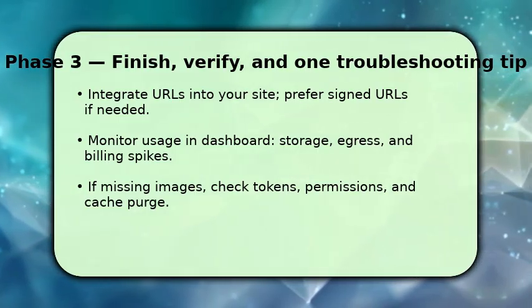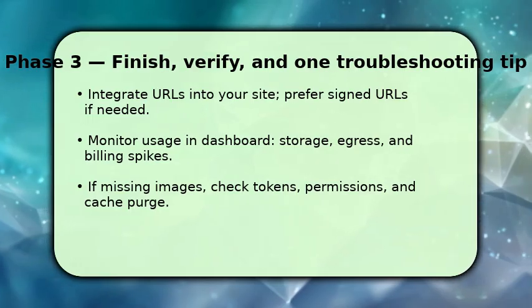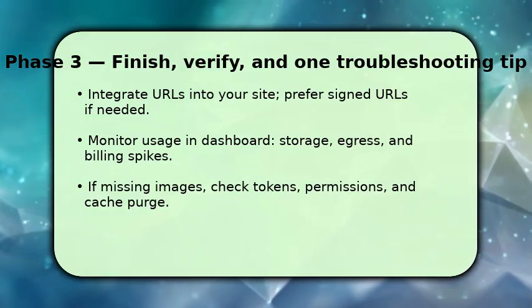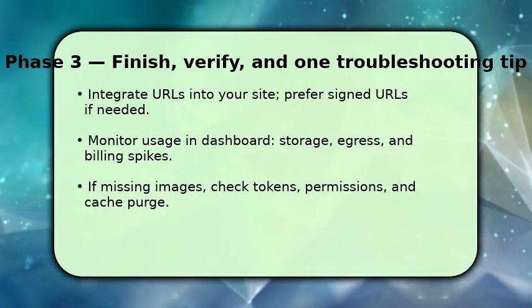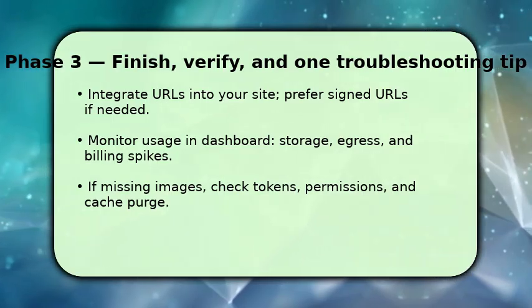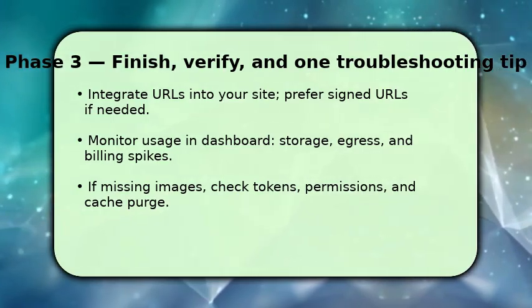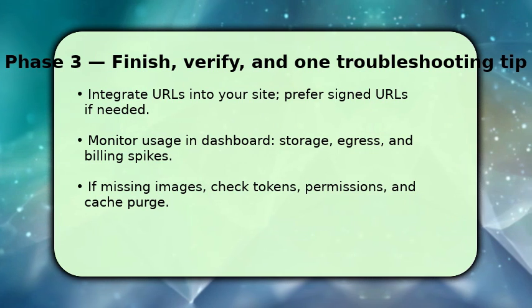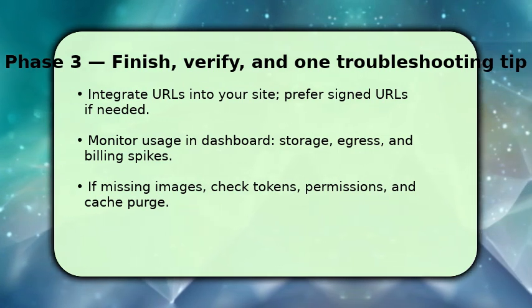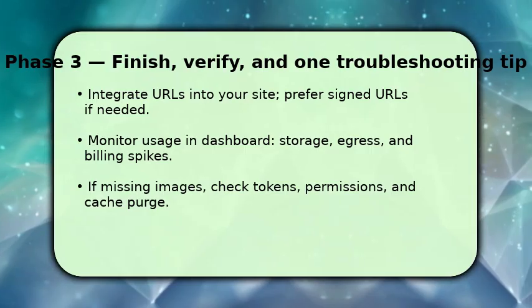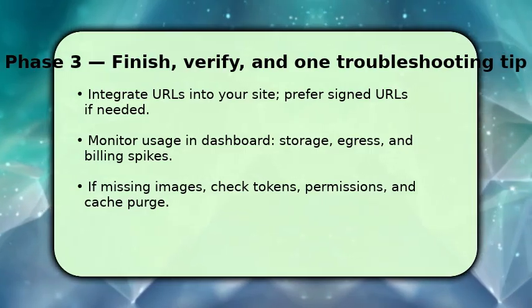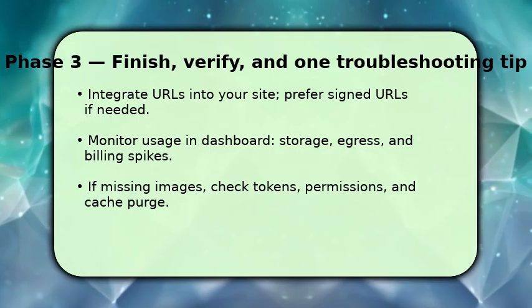Monitor dashboard metrics for storage and egress so you avoid unexpected costs, and audit API logs for errors. If something fails, first verify the API token and account permissions, then confirm the image ID exists and clear the cache. Often a stale edge cache or wrong variant name is the culprit. Finally, automate uploads and monitoring to prevent repeat